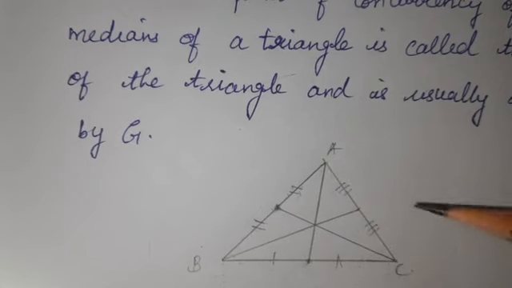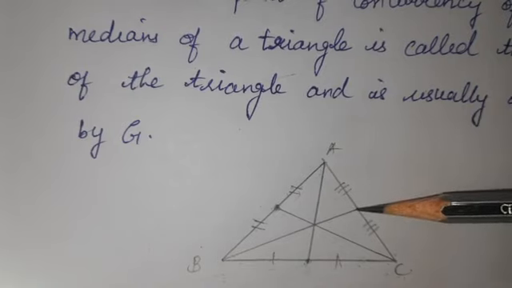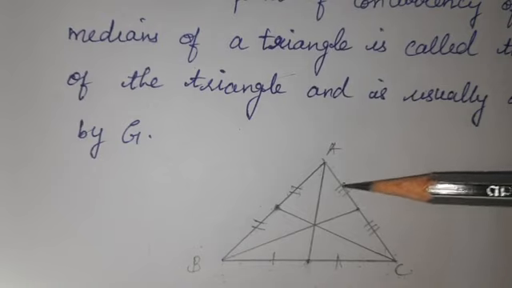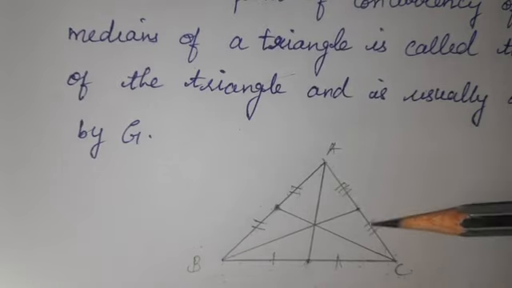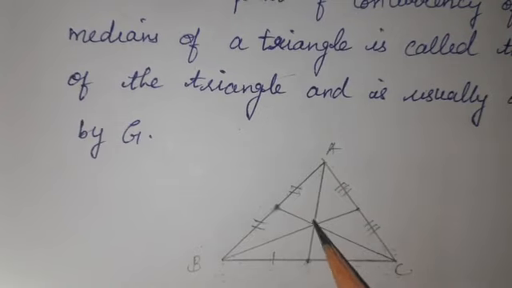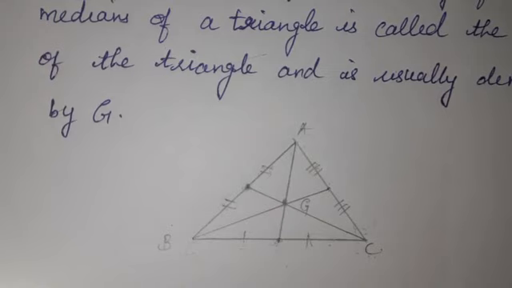Come to the other line segment AC. The midpoint of AC is this one. Here if I mark the midpoint, these two are equal, so I marked it with three lines. That means these two are equal. The midpoint of AC has the opposite vertex B. You should join it. Here the three lines are meeting at one point. That is the centroid. The centroid is denoted by the letter G. So here you should write G.